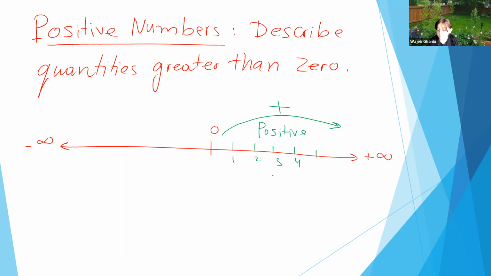Okay. And we write, for example, plus 4 or 4, plus 9 or 9, 0.3 or plus 9.3, and so on. So we can write plus in front or without. So these are positive numbers. How about